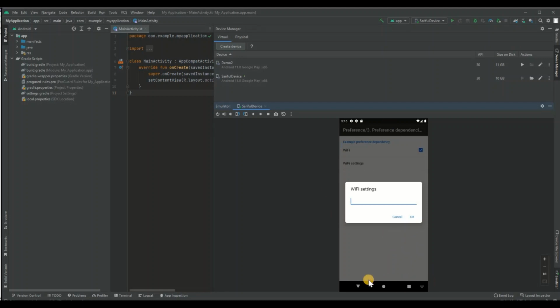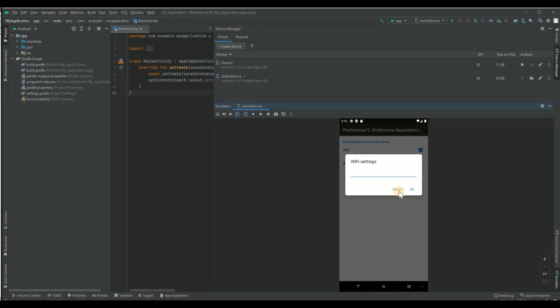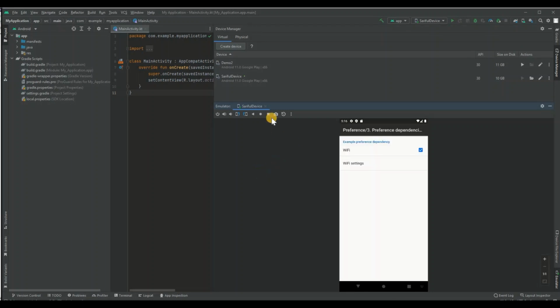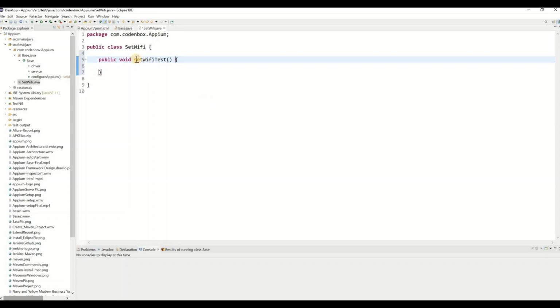Okay, so assume that this is our scenario. That's why I give a name to the test method. It's called set Wi-Fi test. So let me go back. Okay, so here, that's why I gave it the name set Wi-Fi test, and